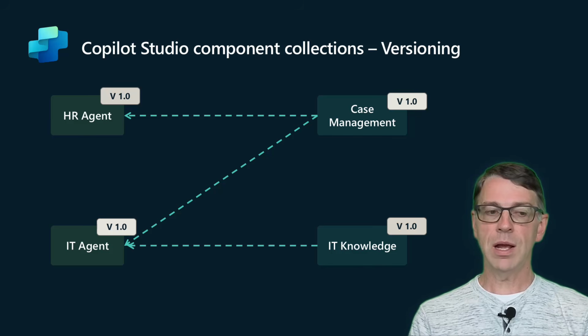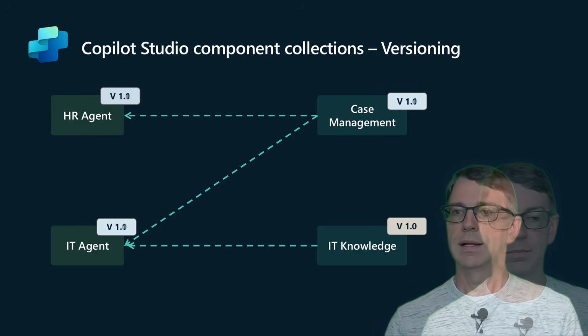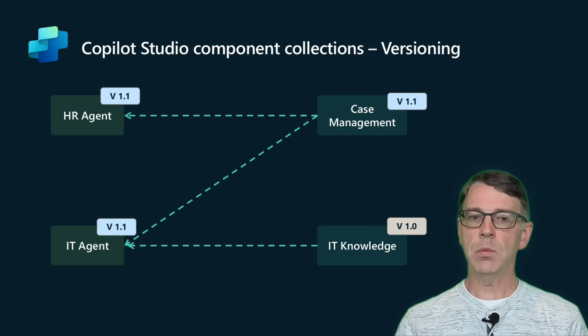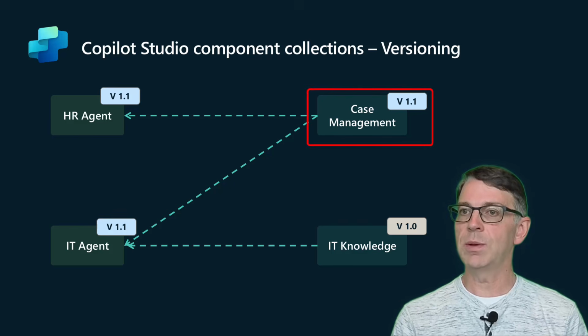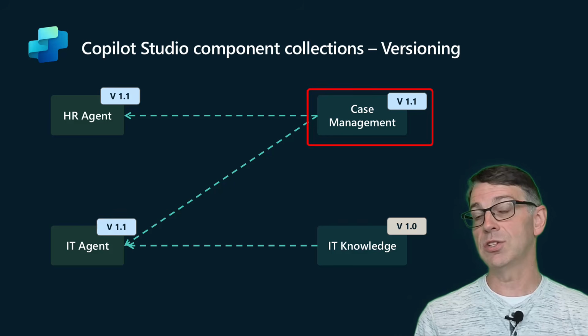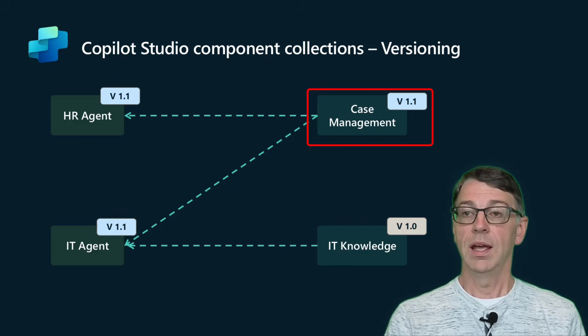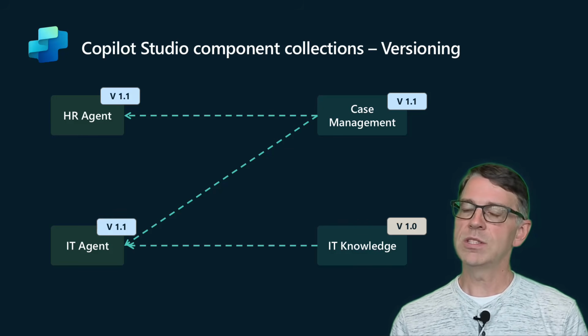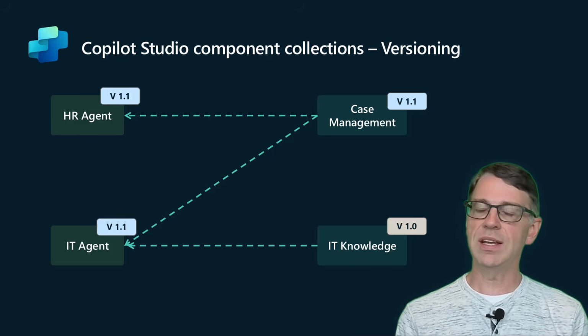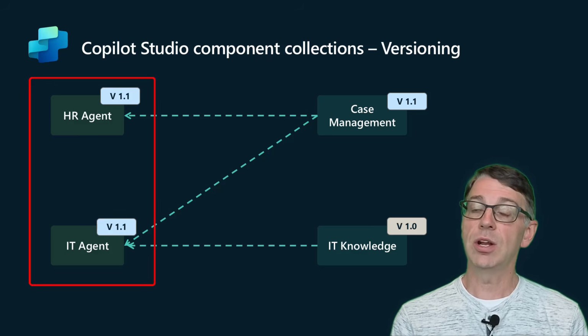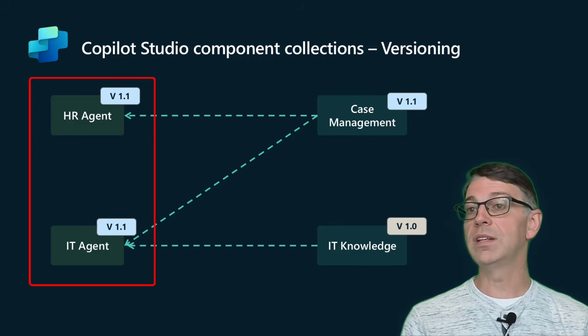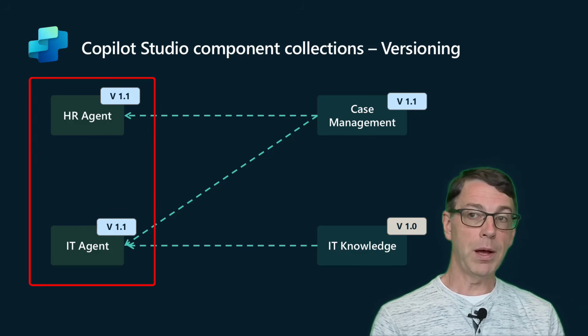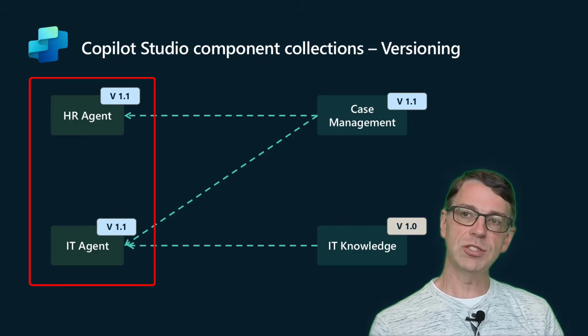Now imagine I want to move to the next step. Let's imagine I take case management and update it to version 1.1. When I do that, the HR and IT agents will need to get version 1.1 by being published out in order for the changes to affect their